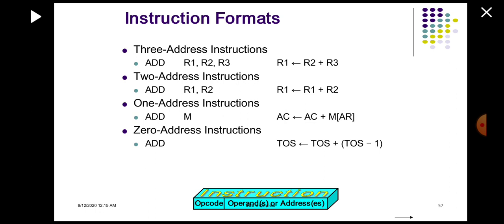The next is zero address instruction. In this case, the locations of all the operands are defined implicitly. The operands are stored in a structure called a push down stack. Note that we observe the source operands are specified first, followed by the destination operand. This is the format used in the Motorola 68000 processor. In Intel processors, the destination operand is specified first, followed by the source operand.